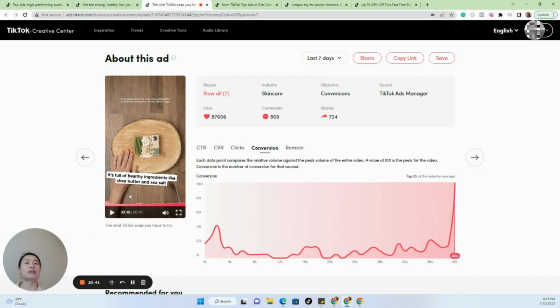Overall, you can see they're just putting the subtitles literally on the screen, and it's very easy to